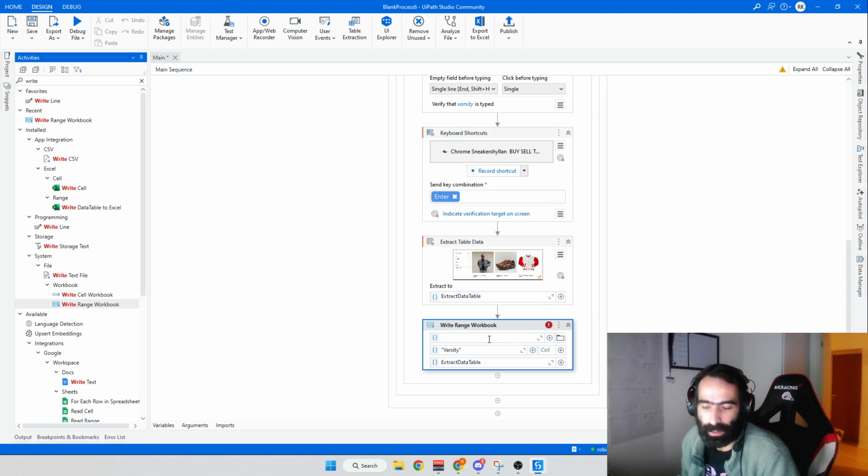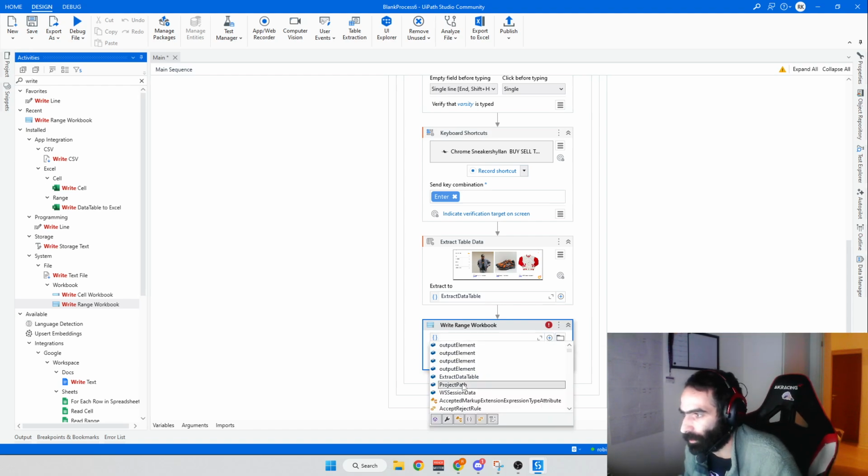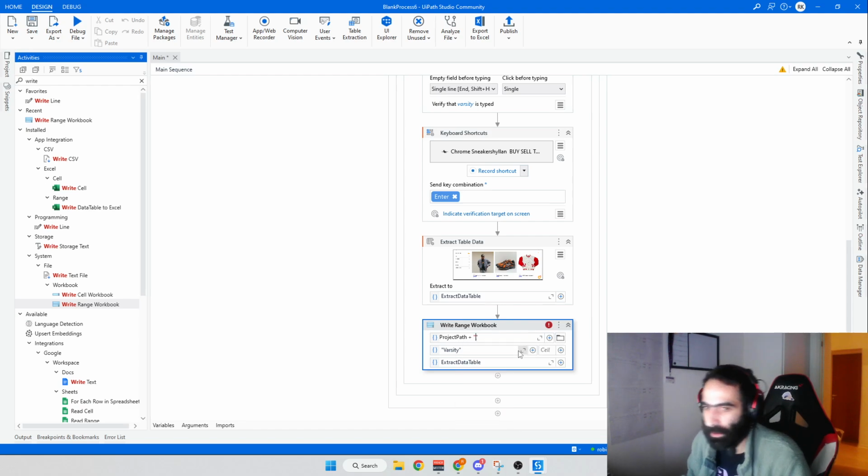So the path to the actual file, right? So here I'll do control space again. I'll take project path and I'll do a plus, and then I'll just call this, what should we call this? We'll call it scrape data. So I'll do slash scraped data dot xlsx. I think that's correct. Yes. So if we keep it like this and press enter, what we should have now is basically a bot